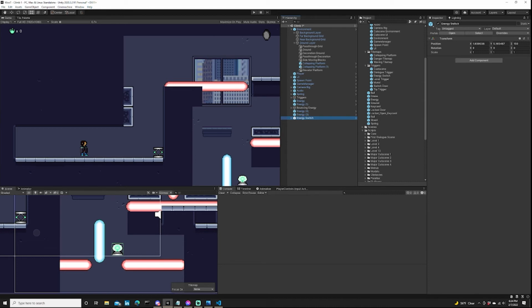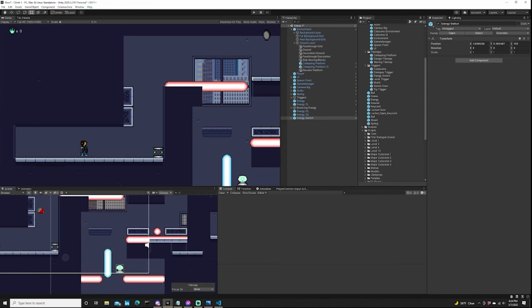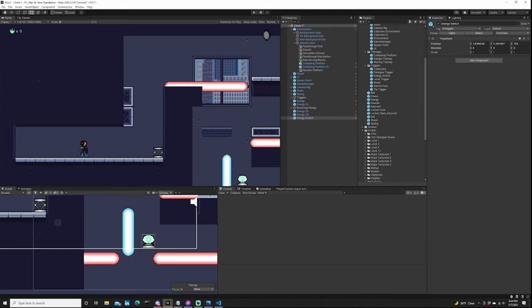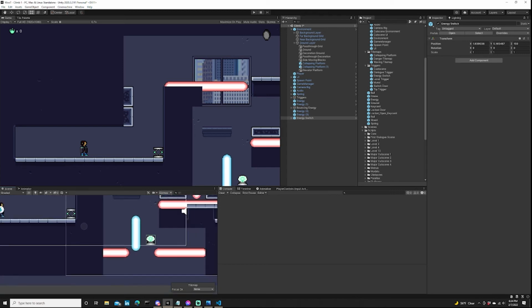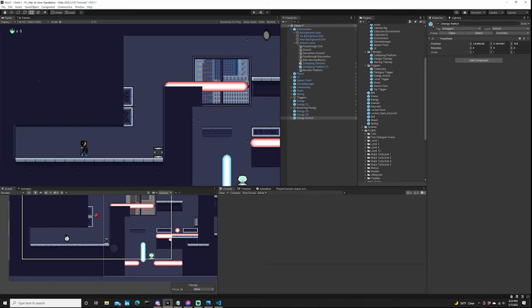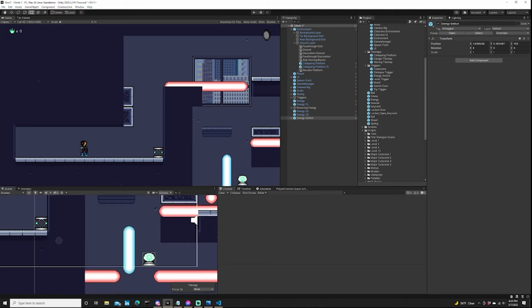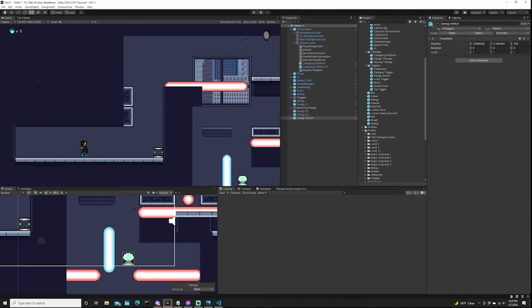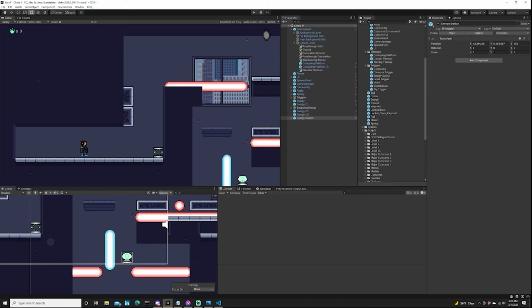Okay, now you've just seen me drag in one of my energy switch prefabs, and this prefab is made up of two different components. This is kind of like a switch. You might have seen me accidentally shoot green balls with my character, and that's how you trigger things like this. This switch lets you toggle things off that need to be turned off. In this case, this blue energy security beam works the same way as the red ones do, except this one lets the player know that you can disable it and that there's a switch nearby. And this one I'm going to hide under here,